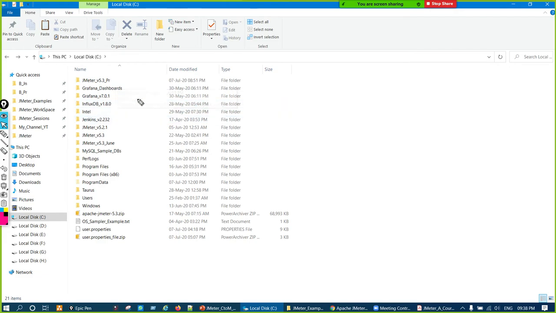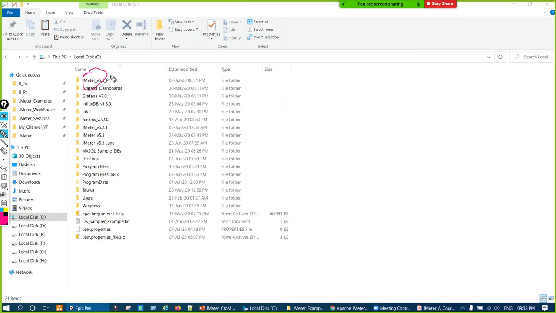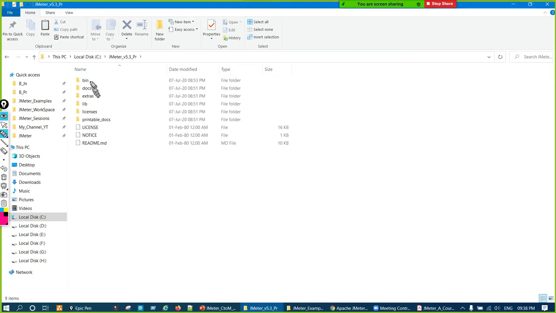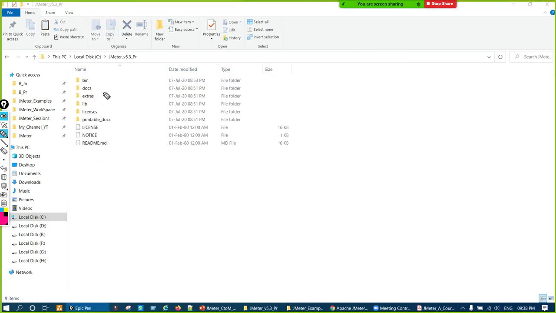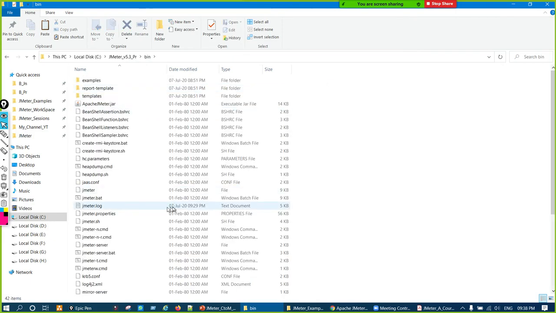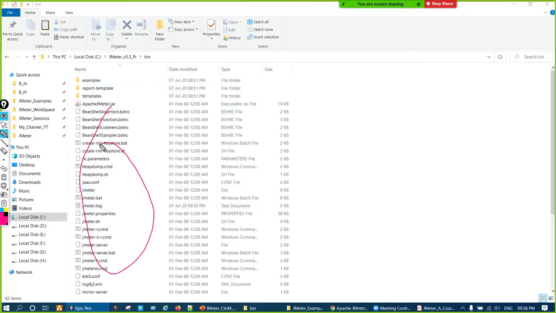Okay, so like that you can rename, but only rename the main directory, not the files inside that. Do not rename anything over here or inside the bin directory, anything. Do not do that unless you know very well what you are going to do. Only the main file name you can change, make it a little bit small, right? Why keep it unnecessarily very big? So you can make it small.